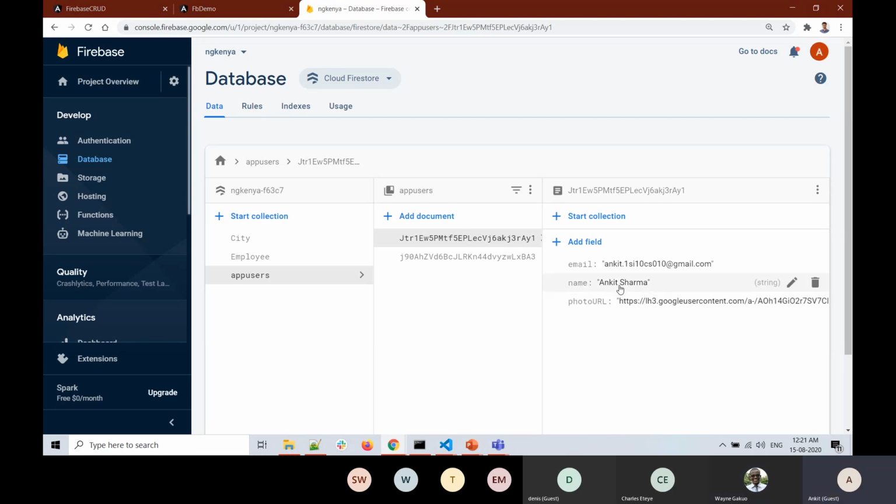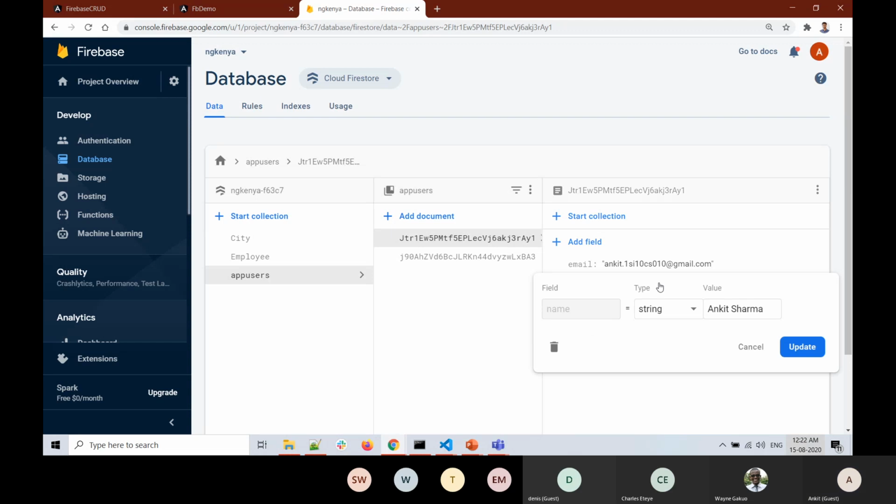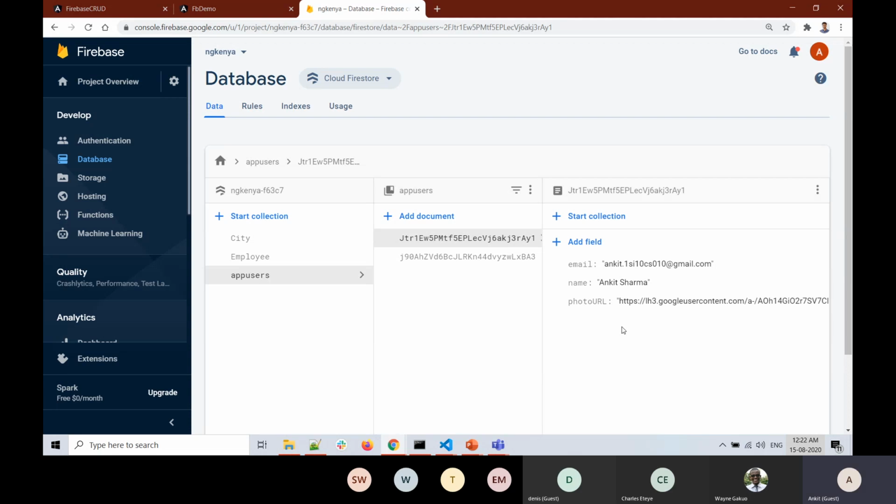I am not sure if they are returning a separate object as first name and a separate object as last name. In my opinion, they are returning one object which contains the name. So it contains the complete name directly here. If you want to separate first name and last name, maybe you can use a space, but that is not 100% effective because some people have a space in their first name also. Different people have different kinds of names. I am not sure if there is a separate object for first name and last name,